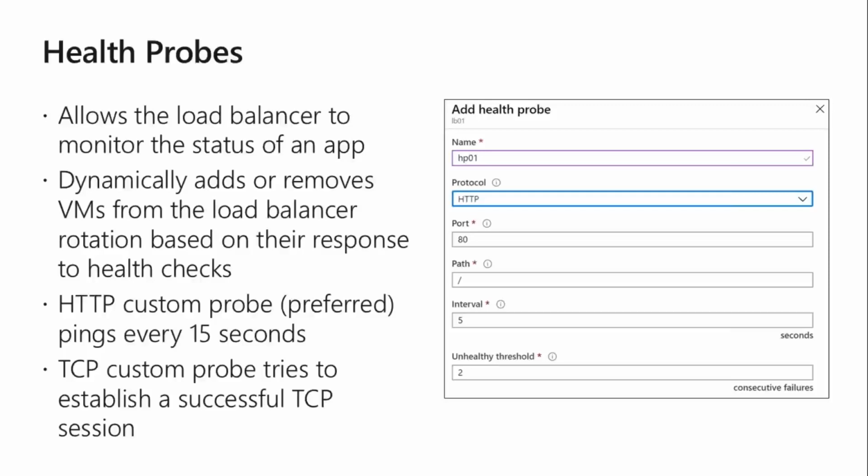For example, in this slide there is a path, say slash index.html. If in the root path of a backend pool there is no index.html, then maybe my virtual machine is running fine, no problem, but because that path is not available, or the load balancer is not getting the path, the VM is considered down. So any request coming to the load balancer will not go to that particular virtual machine, because that particular file is missing from it.